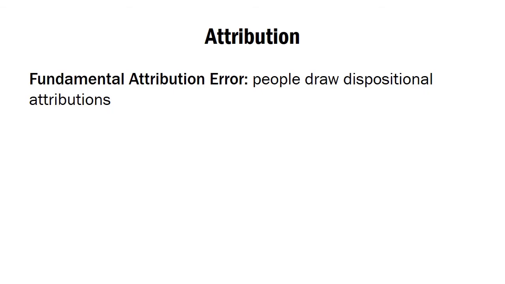So the fundamental attribution error, just to review, is that people tend to draw dispositional attributions by default, that they answer the question of why someone did a behavior with a response having something to do with the person, him or herself, ignoring the factors of a situation that could have been influential as well. But the question is, is this always the case? Is it always true that people ignore situational factors and just rely upon dispositional explanations?